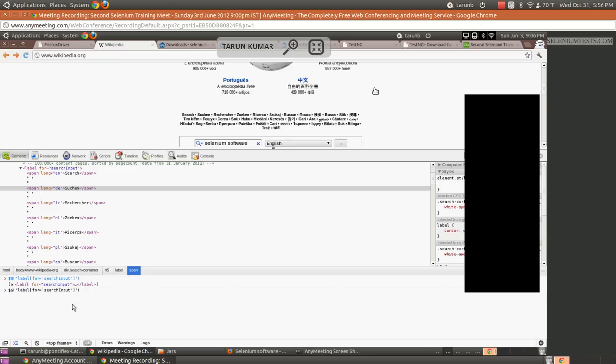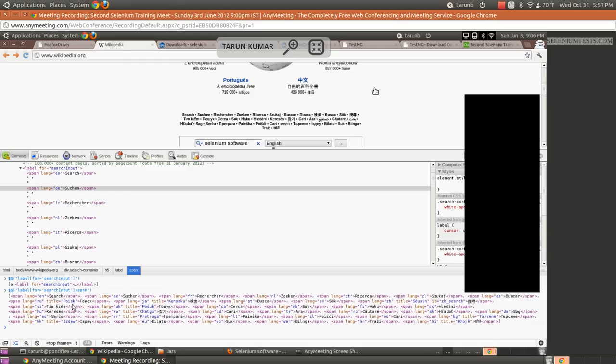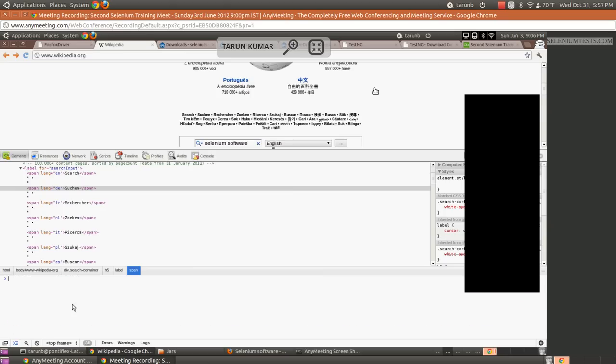Now if we want to get the child element, how do we do this in case of the CSS locator? As I said earlier, span is the direct child of label, that is, there is nothing else between label and span. So what we can do is use one arrow, the child combinator, and say span. Yeah, so you see all the spans are returned here. Do you guys see that? Okay, great.